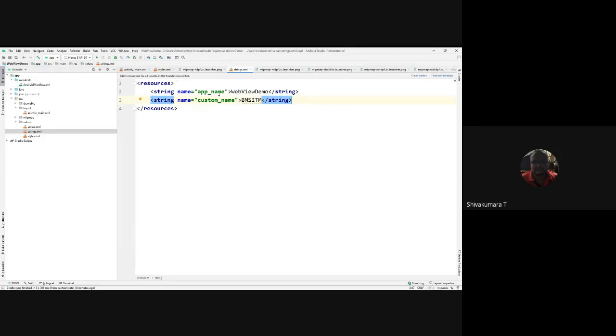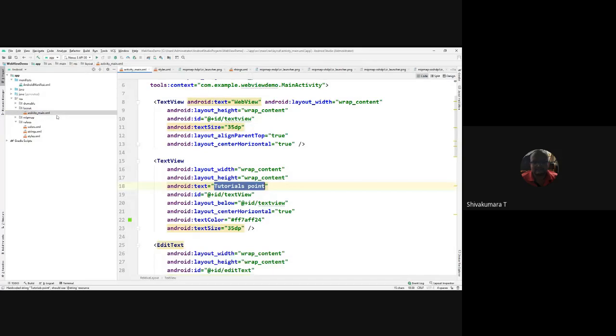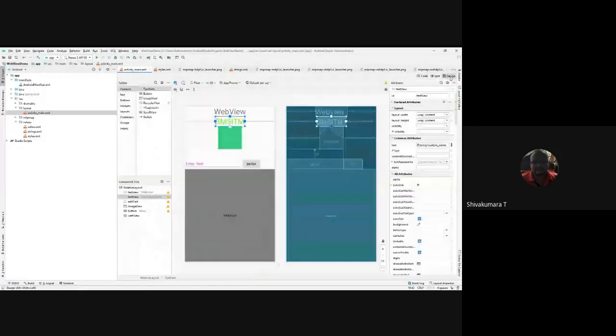Instead of directly typing BMSIT here, you just go with referencing the string custom name. So it will replace the tutorials point content with the string value which is present under the strings file.